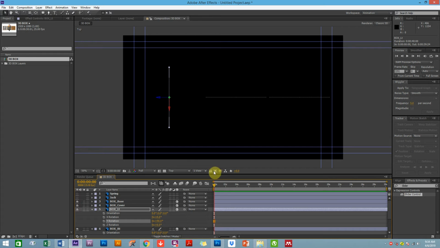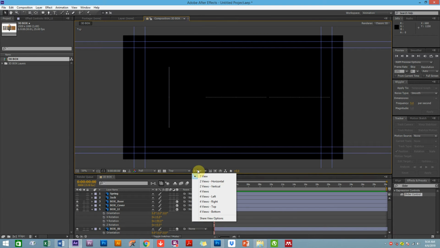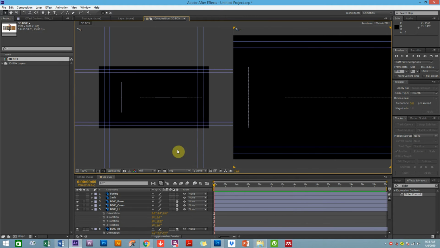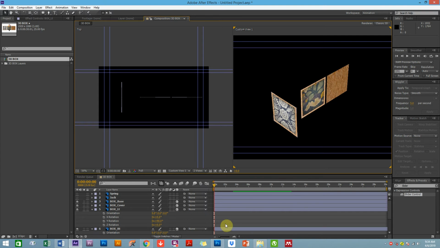I tell you what, I'm going to split the view so that it's easier for you to understand what's happening, okay? I'm going to make 2 views, horizontal, left and right, okay? This view, I'm going to choose the custom view so that you can see what's happening. Now you see, these 2 have been rotated 90 degrees on the y-axis. Do you see now what has happened? Okay, so now what I'm going to do is I'm going to choose the left side and align it to,